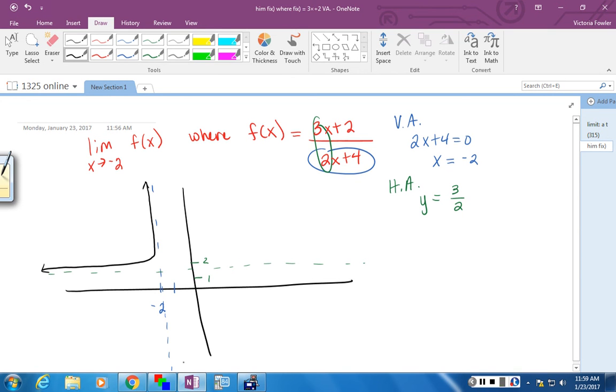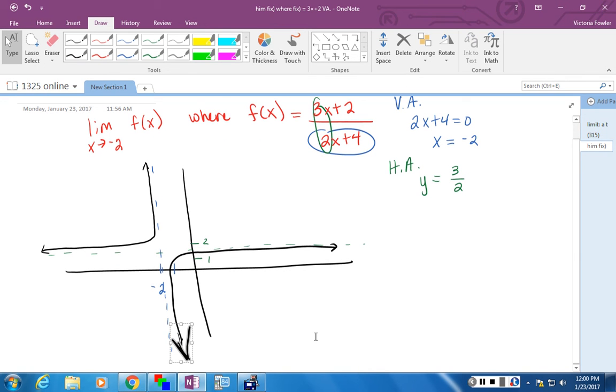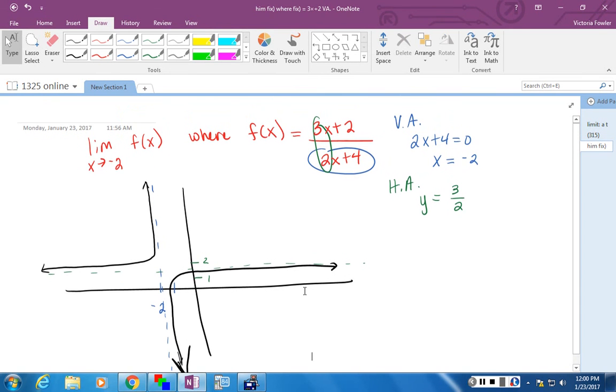And over here, I'm not going to be able to make a beautiful picture here because I'm not calibrated yet on this. You can see my arrow is not in the right spot. I've got this. And so if I want to take the limit as x approaches -2, remember from that last